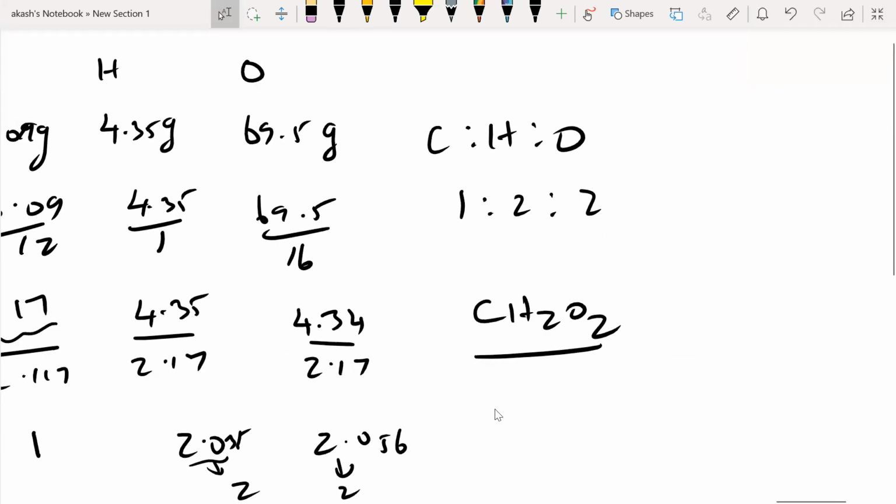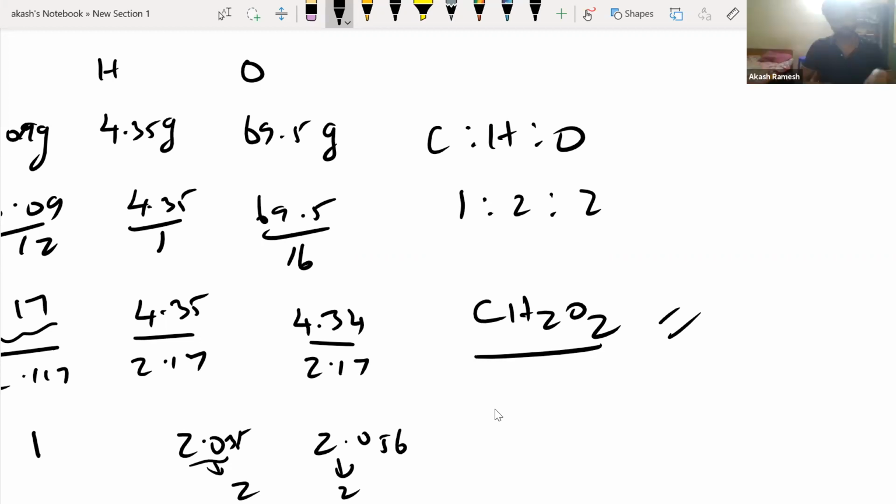Sir, if we approximate, if in the decimal place it comes as 2.8 something, then what do we do? You have to put it as 3. If it comes at 2.8, then you put it as 3. If it is less than 2.5, then 2. More than 2.5, 3. Like that. But you will not get numbers like that. Maybe you will be getting something like 2.967, then you can easily get a 3. That much difference only will be there. Not much difference. Okay. Any other questions?